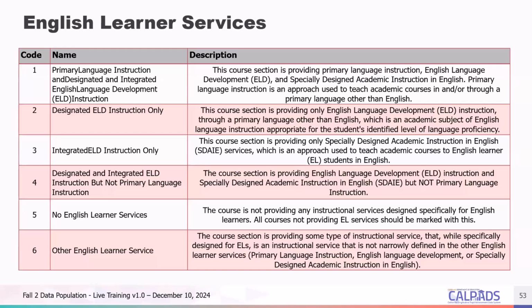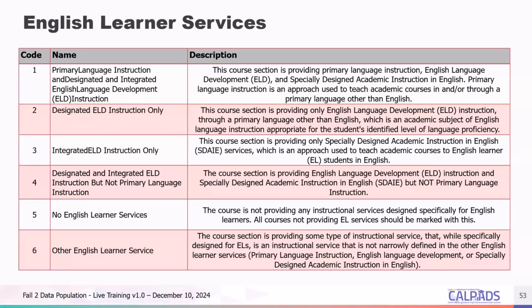And again, there are 6 educational service codes that can be input into CRSE records to indicate English Learner Services, and their names and definitions have been provided for your reference here. A form of this table can also be found in Flash 163, so Flash 163 as well as Flash 192. So those are 2 flashes that contain this information if you're not able to reference it just using this slide deck here.